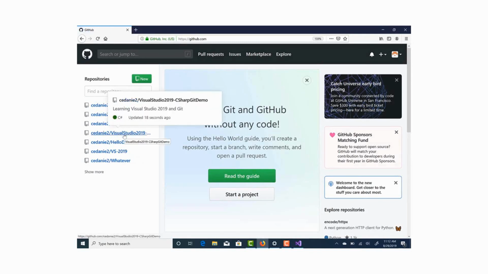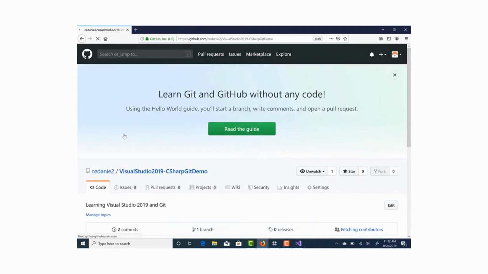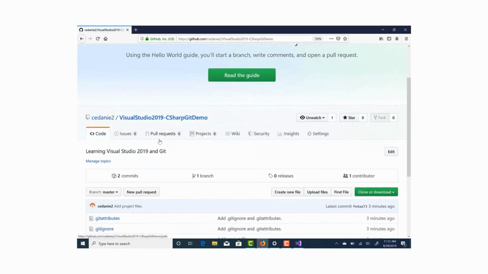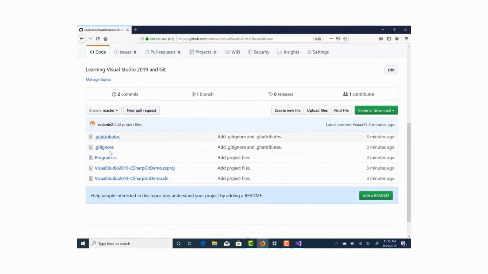So now you see right here, I've got Visual Studio 2019 C# Git Demo. When I click on that, you're going to see that these are all of the files that are included